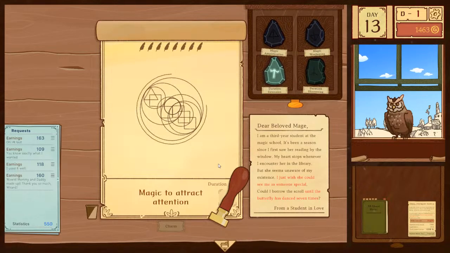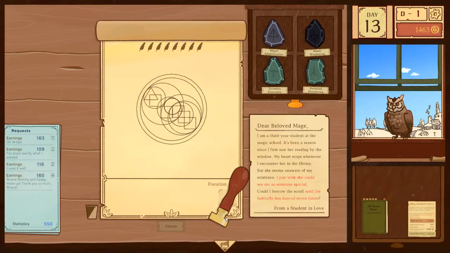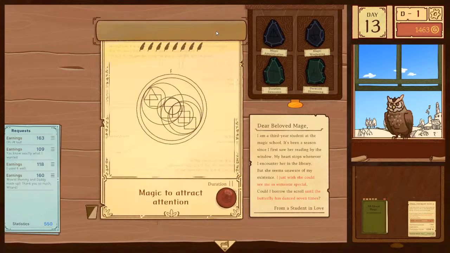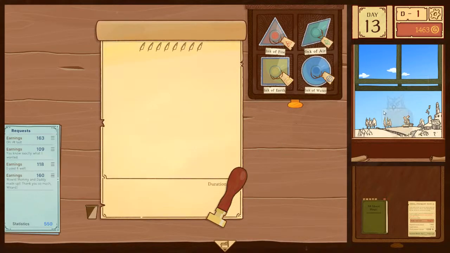To attract attention for a week. Attract attention, I think. Yes.